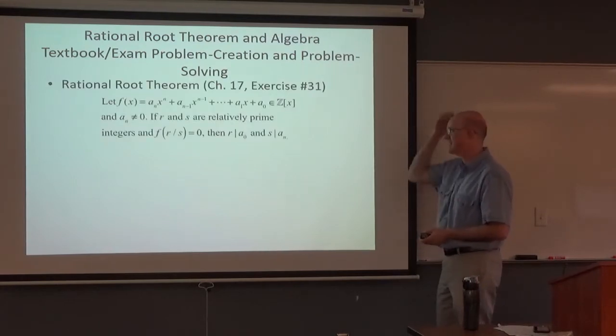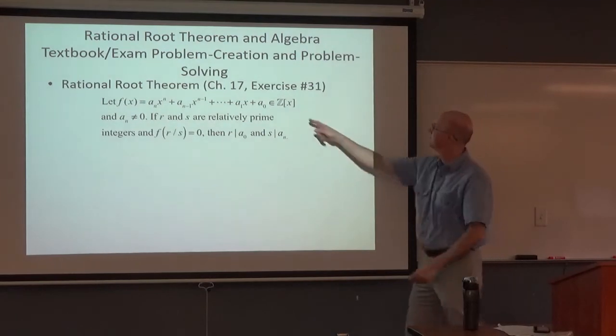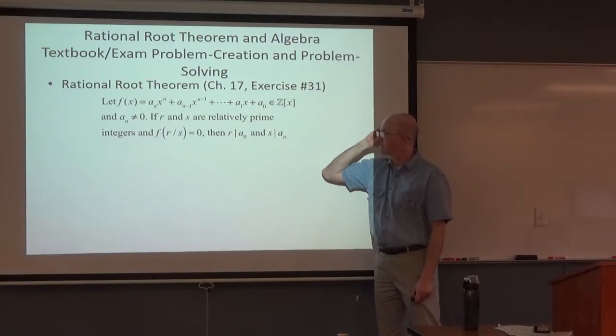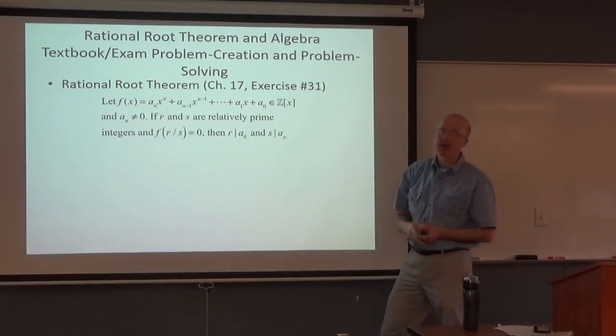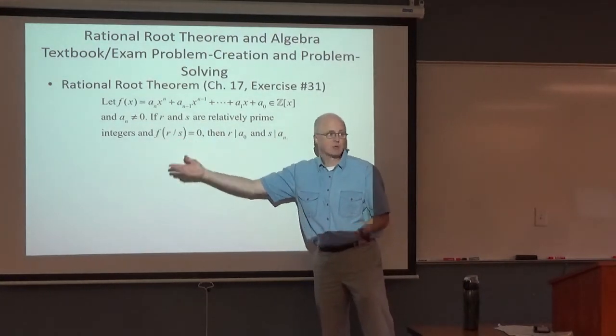So here again is the statement. Suppose you've got a polynomial with coefficients that are integers. So it's in the ring Z[x]. As usual, suppose the leading coefficient is non-zero. If r and s are relatively prime, so that would mean that r divided by s is reduced as far as possible,